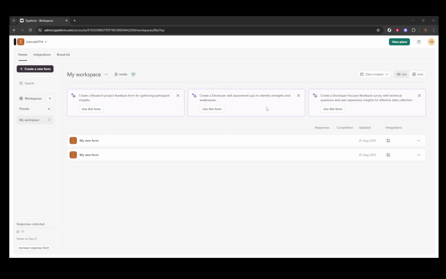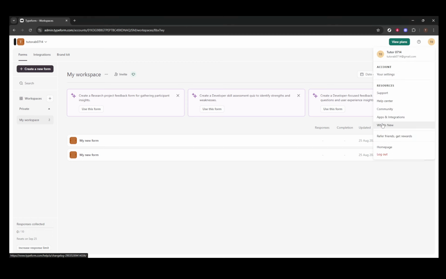First off, you'll want to log into your Typeform account. Once inside your workspace, you'll see an option to begin a new survey. This is usually highlighted with a New Form button located at the top right corner of your dashboard. Click on that, and you'll be prompted to choose between starting from scratch or utilizing one of the many available